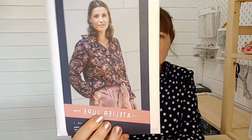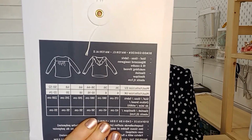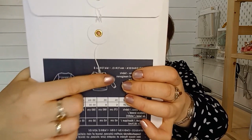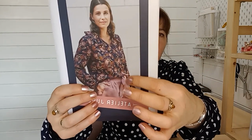That sort of texture you expect from crepe, like tiny, tiny little bubbles. And I'm pairing it with the Atelier Jupe Indie pattern for the Live blouse, because it's got that frill around the neck, and the crepe will hang beautifully, and it will also gather well across the yoke at the back. So you can see there's a gather across the yoke, and then there's this sort of frill collar, and the same sort of style sleeves that I've got with that sort of blouse